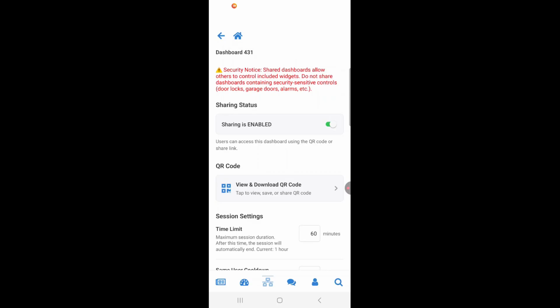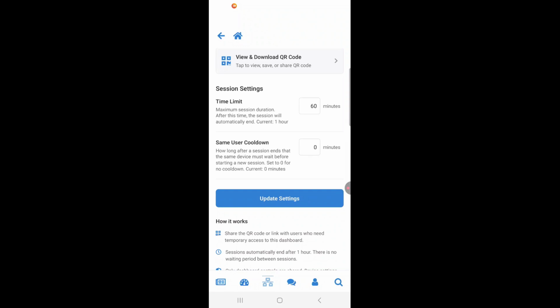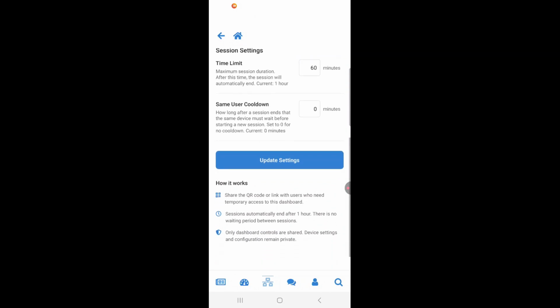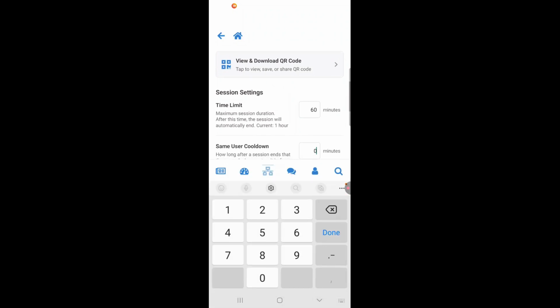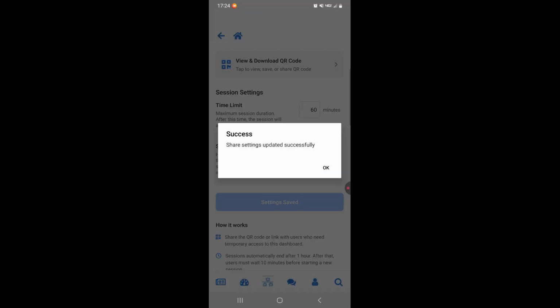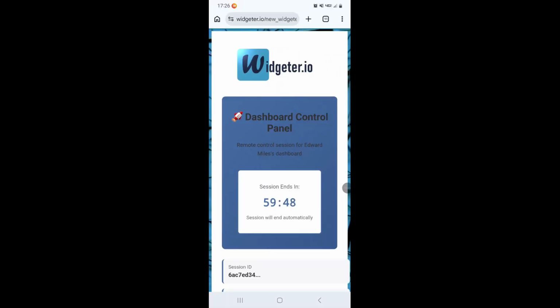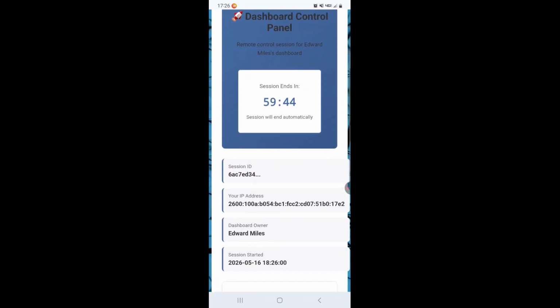In the dashboard sharing settings, you can adjust various settings, like time limit, which limits the amount of time any specific device can have control of the dashboard, and same user cooldown, which specifies how long after the end of a session a person must wait before they can start a new session of the same dashboard on the same device. The people with whom you share temporary access to a dashboard do not have to have their own Widgeter